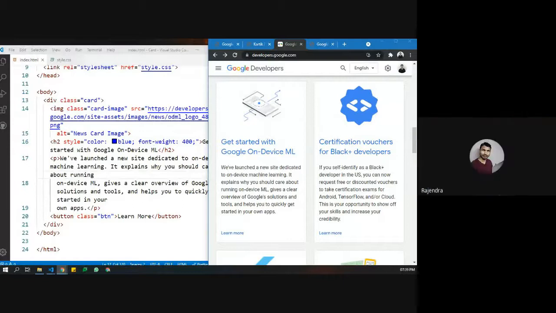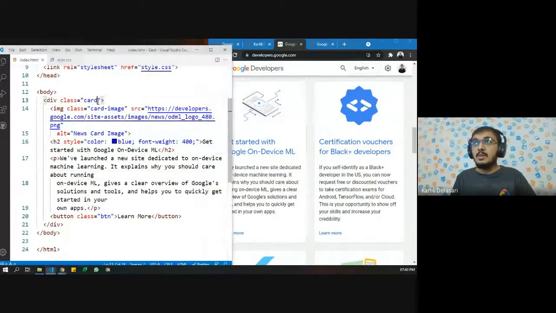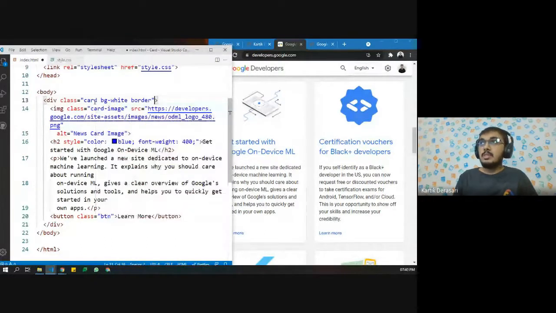Rohan says, sir, what is the difference between ID and class? See, we can also use different classes. Say, let us say background white. We can also use any other border, right? So we can use more than one class on one HTML element, and we can also use the same class again.